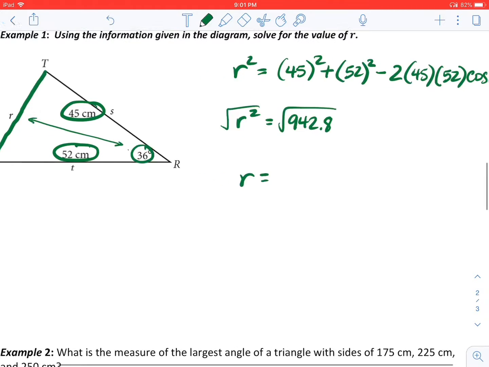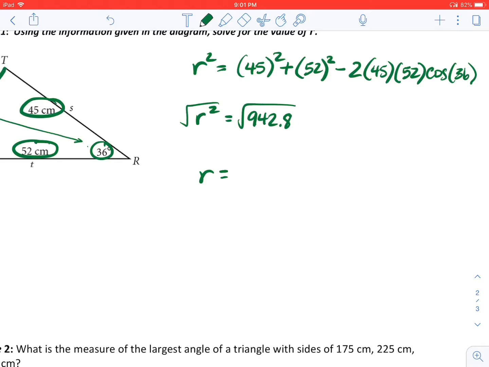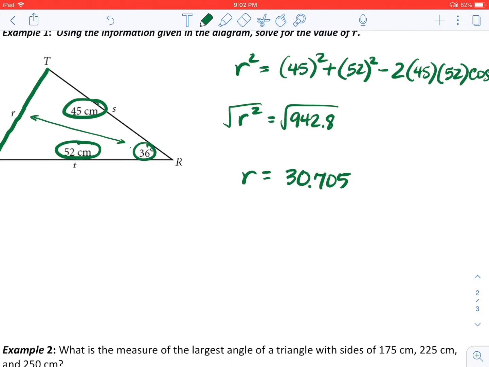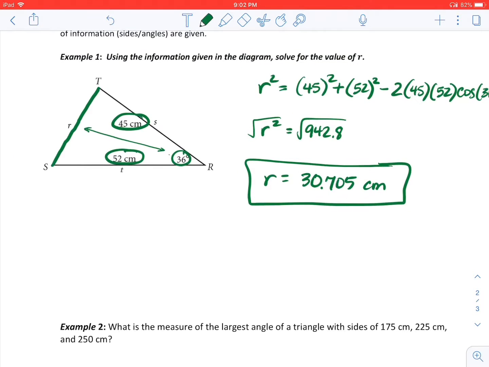I take the square root of both sides. R is equal to, and since this is a real number value, it's a side length, I'm only concerned with the positive square root. Where's the square root on this calculator? 942.8. So that r is approximately equal to 30.705. And since there is a unit there, well, I need to include the units, centimeters. To me, the law of cosines is fairly straightforward, that you're simply identifying the correct